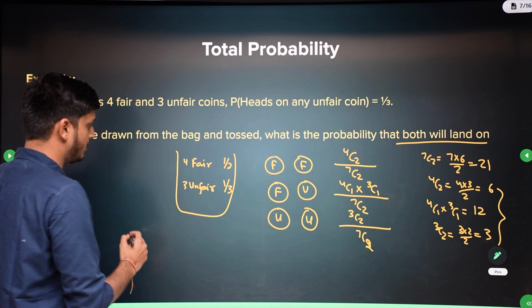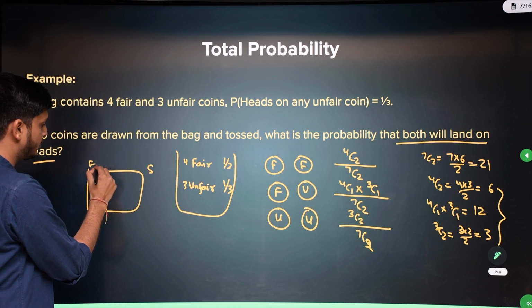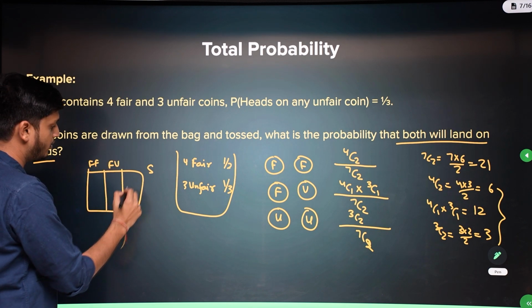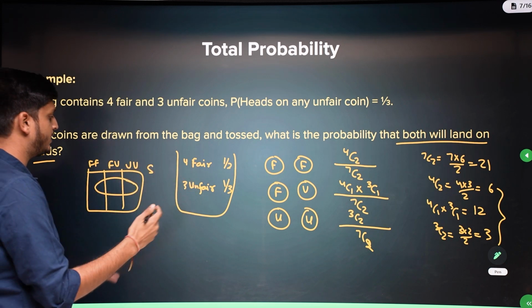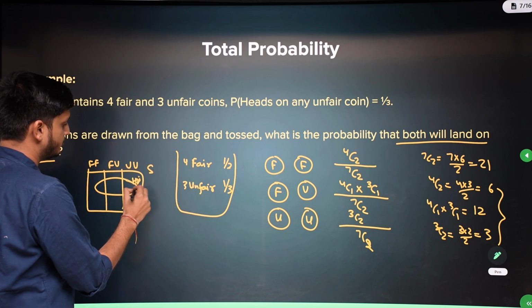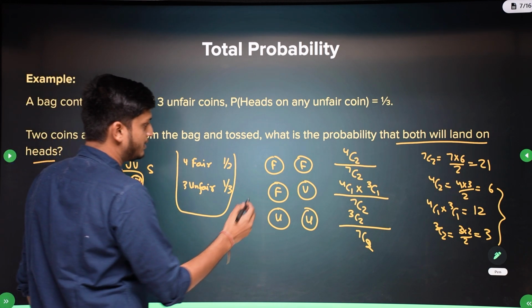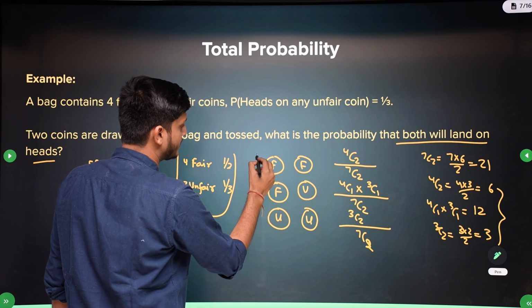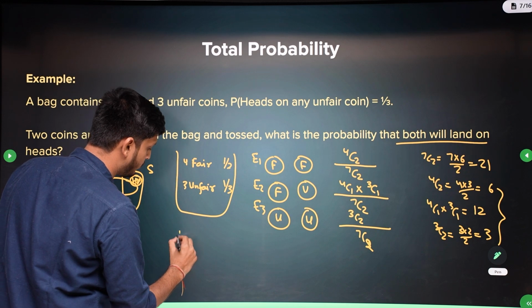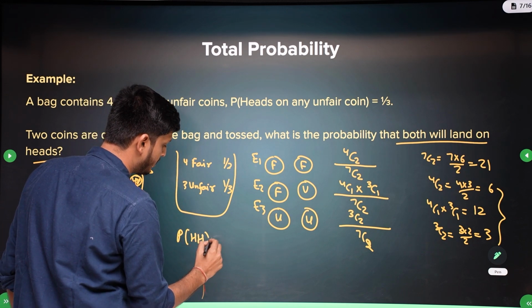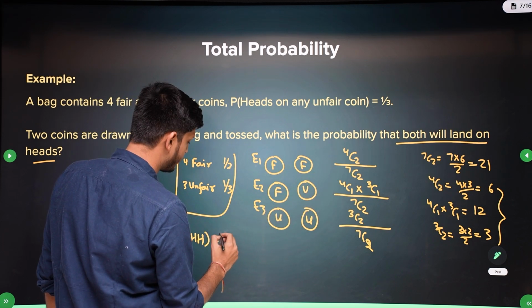So in total probability terms, this is our sample space: either you get both fair, or 1 fair and 1 unfair, or both unfair. Now this is your event: what is the probability of getting both heads, both of them landing on heads? Let's call them 3 events, E1, E2 and E3. Now the probability of both landing on heads is the probability of event E1, which is 4C2 by 7C2, which is 6 by 21,